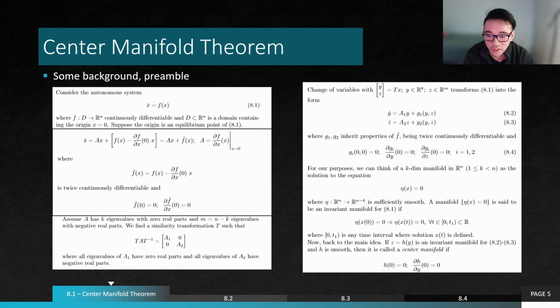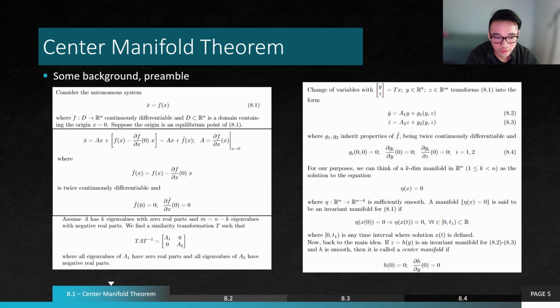Now we're interested in the case where linearization fails to inform us about the stability. So we have these conditions here, k eigenvalues with 0 real parts. We can find a similarity transform such that we can obtain this block diagonal matrix where the blocks have these properties so that we can analyze the stability. With a change of variables, we get this new system here, 8.2, 8.3,